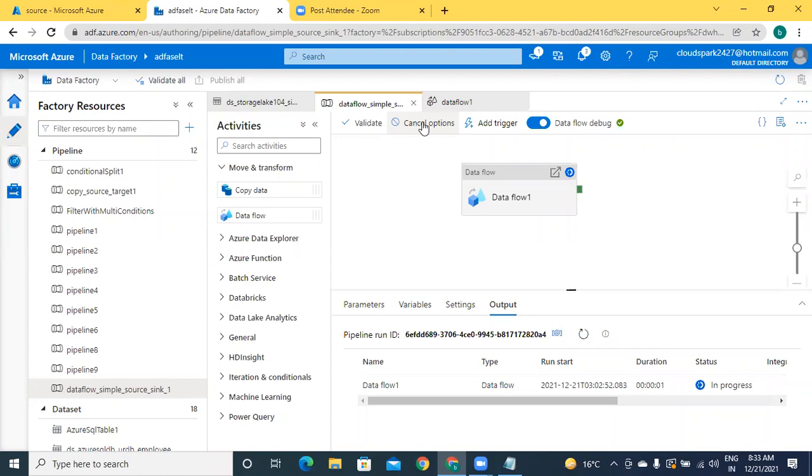Because what is the background of data flows? The backend is a Databricks Spark cluster. At runtime, the cluster will be initiated. For the cluster initiation, it may take a few minutes. Once the cluster is assigned, the remaining process is faster.